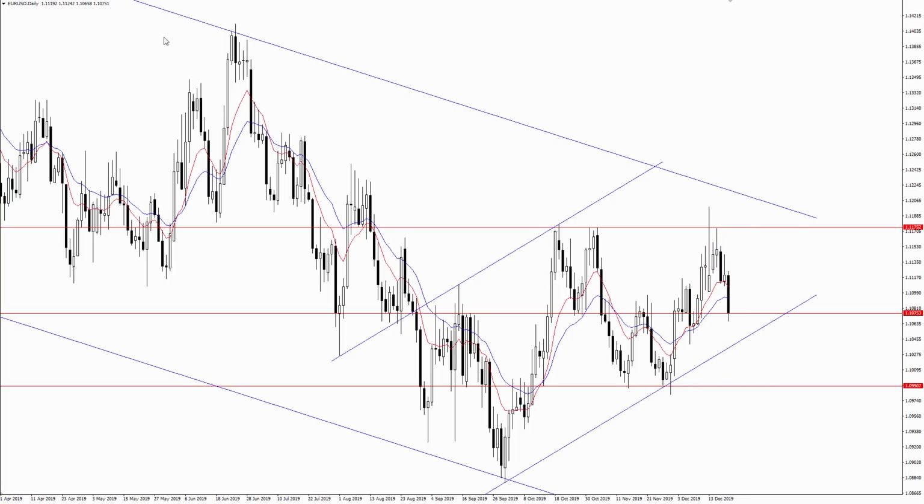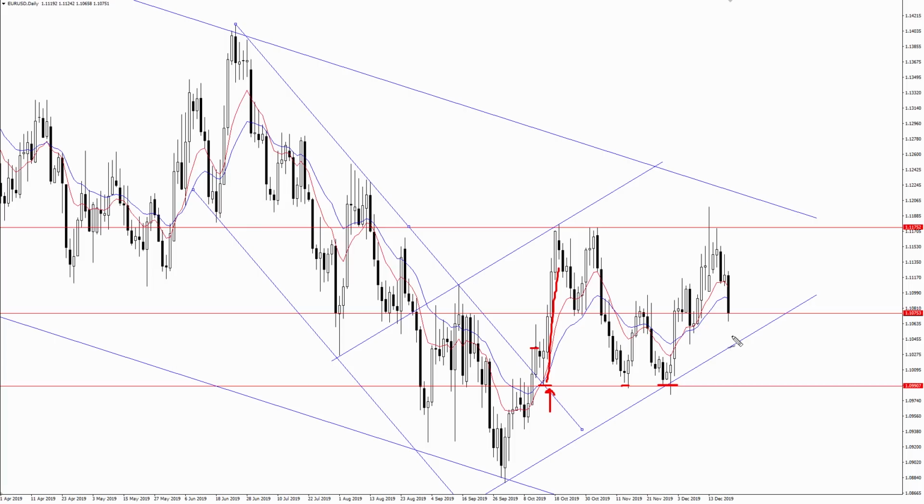So remember that we had this descending channel back here where the pair broke out in October and retested that 109.90 area. So this candle right here retested 109.90 before it took off in October. So the breakout candle was here. This was the retest. And then you can see two more retests here earlier in the year.